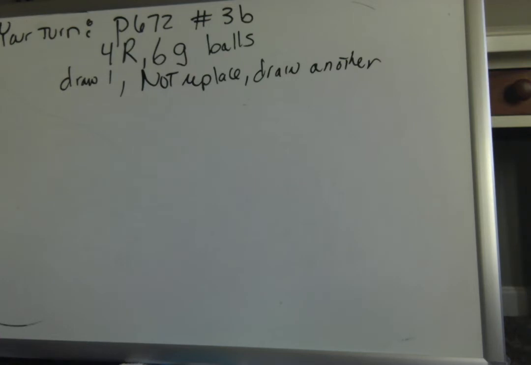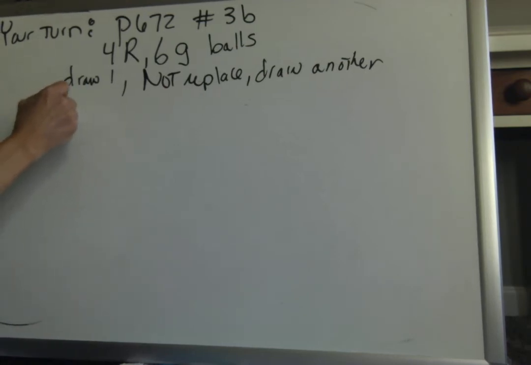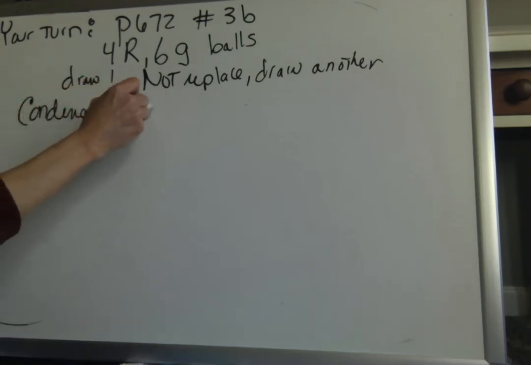So now we have 10 balls in a bag, and that is really to encourage you. You are absolutely not doing an uncondensed version. If you were to try to do that, you'd have to have red 1, red 2, red 3, red 4, green 1, green 2, green 3, green 4, green 5, green 6, etc. No one wants to write that much. So what I want you to do now is a condensed tree diagram.